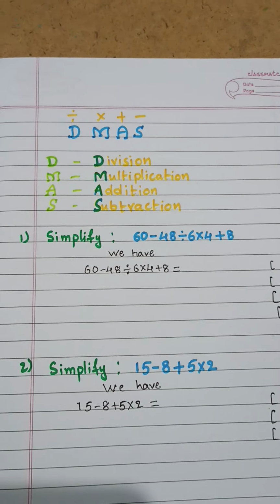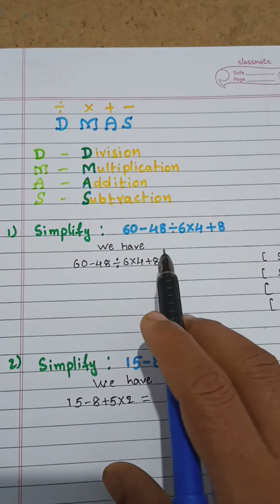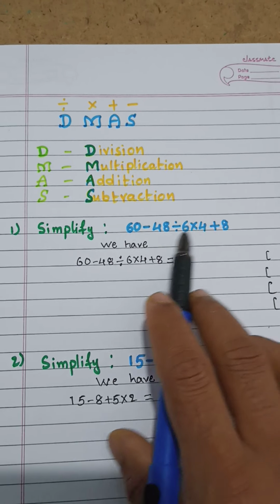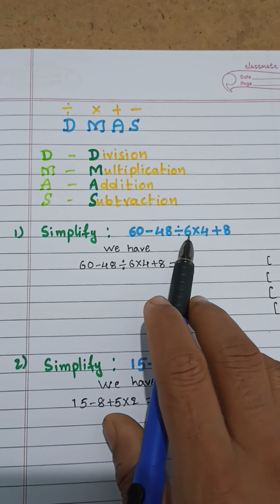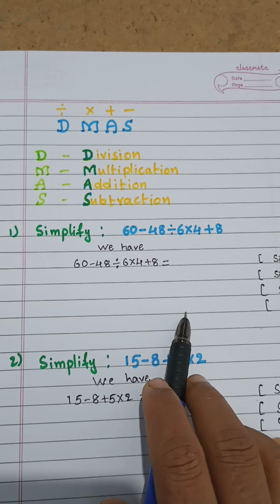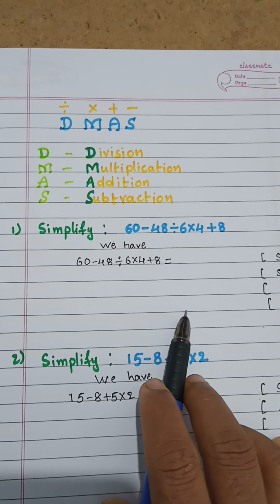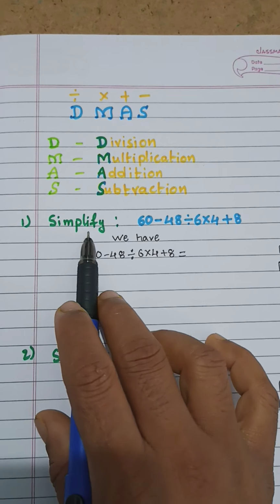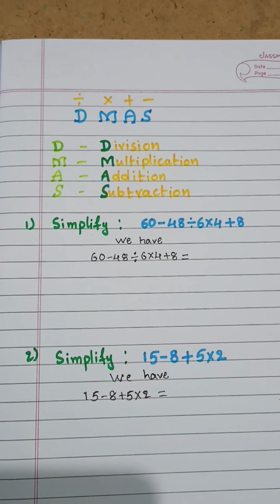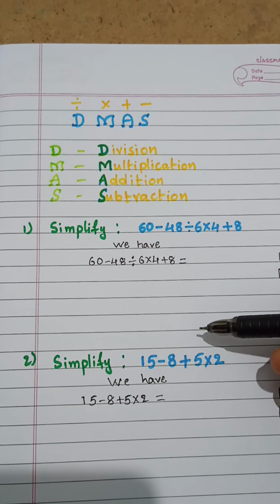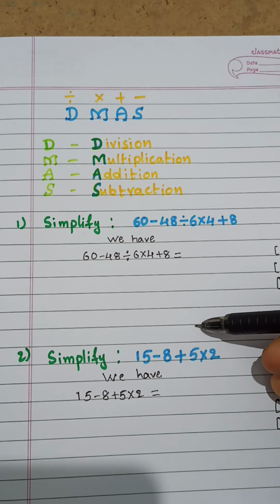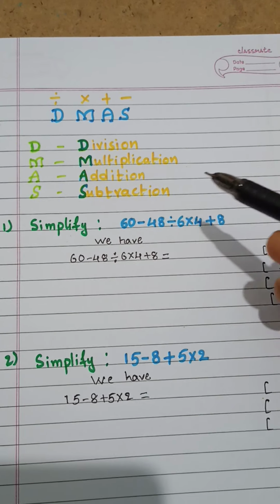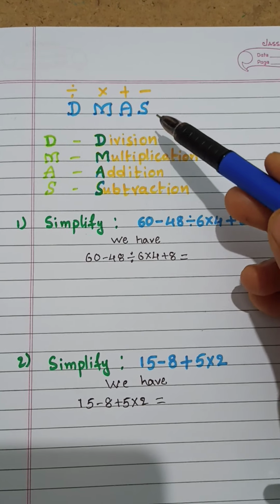Next, by performing the operations involved in an expression, we obtain the value of the expression. Performing these operations is called the simplification of the expression. In order to get a unique value of a given expression, we have to perform the operations strictly in a definite order: